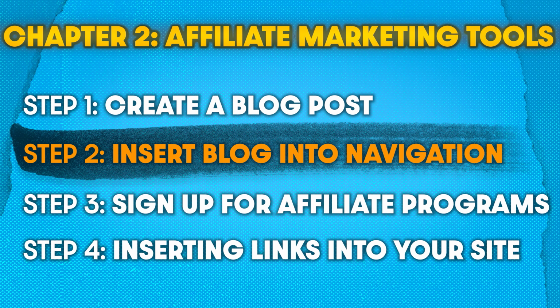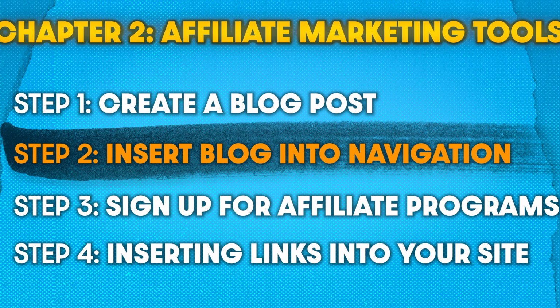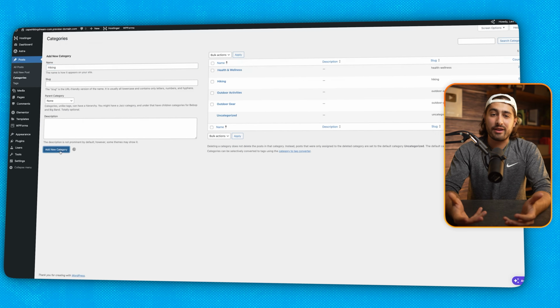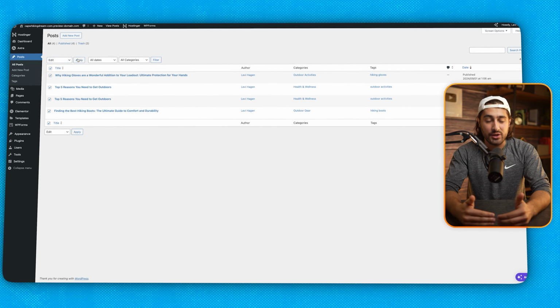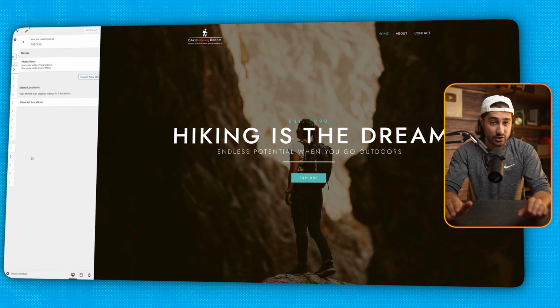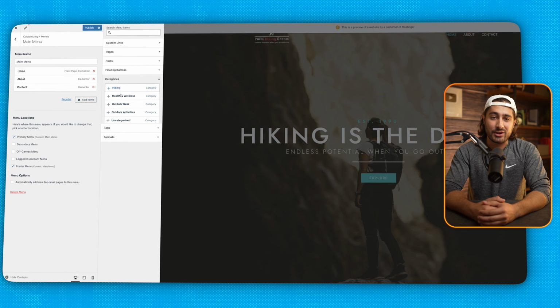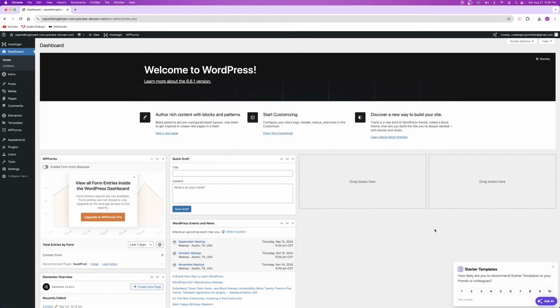All right, so after you create a blog post, it's time to actually have it visible on your website. So I'm going to show you guys how to add categories to your blog posts, and then you can add those categories to your navigation bar at the top of your website so that people can actually view your posts by category. All right, so the way that we're going to insert blog posts into your navigation bar is via categories,